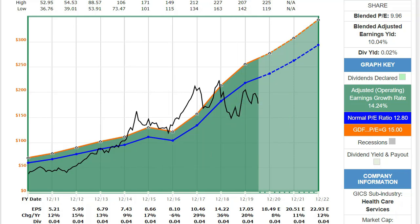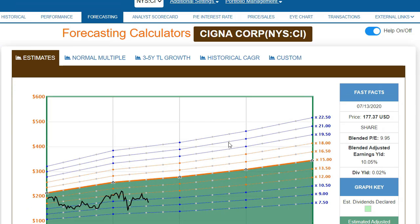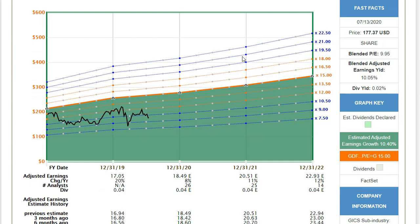What we do like to see here, and what I'm scanning for, is that we can see the earnings have gone up. That's actually the earnings up here. And we can also see that the estimates are going up. Now, in these times of crisis and virus and so on, the estimates might be changed over time. But for instance, here we have one, if we look at the forecasting here, that even though they are predicting up here somewhere in growth, then even if it only kept here at a price earning at around 10, and we kept it,